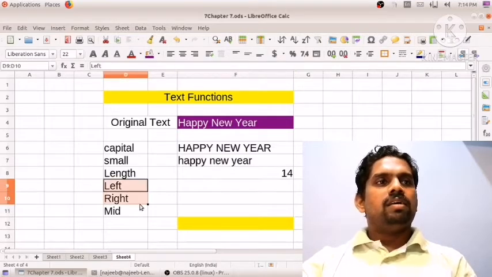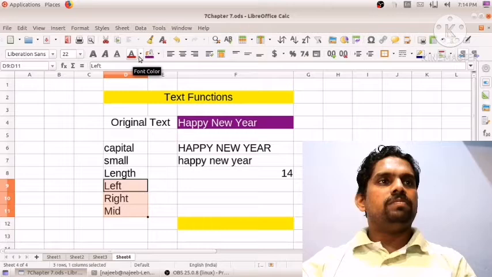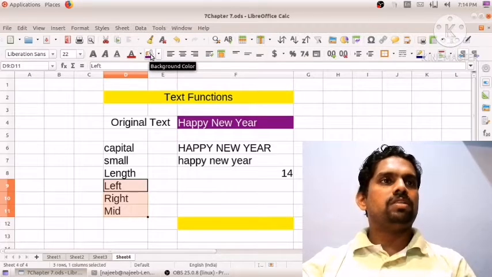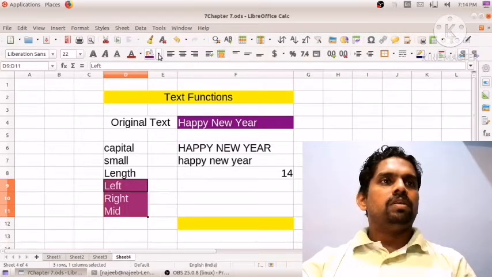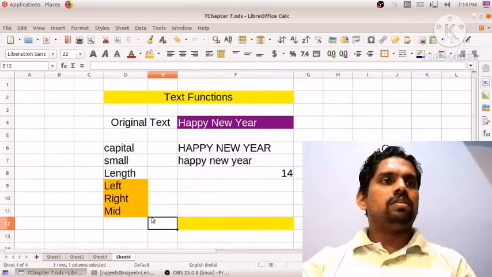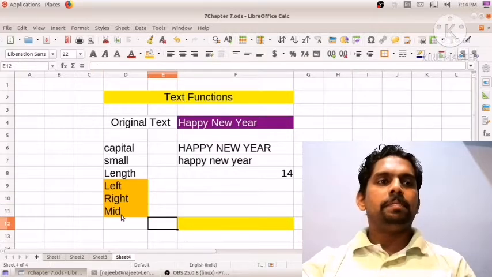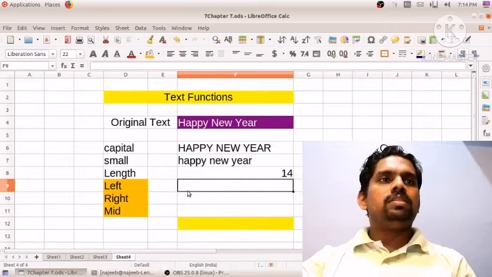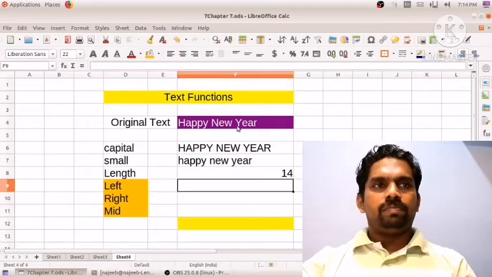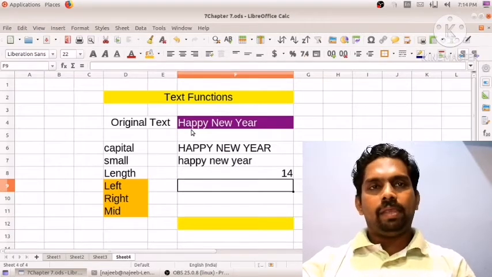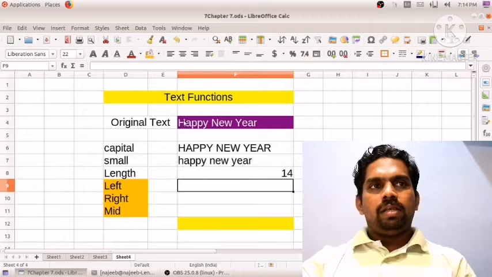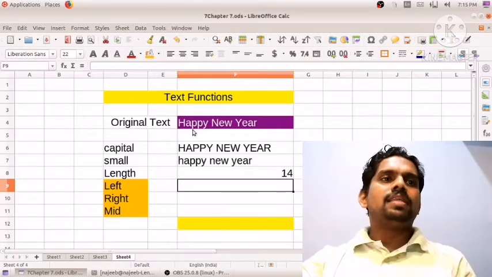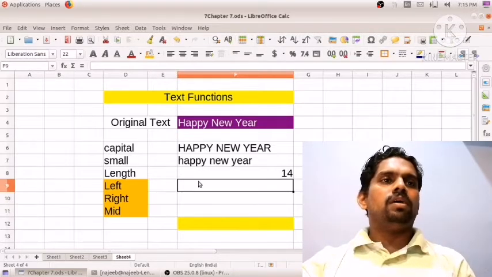Next, 3 other functions are there. What are the functions? You see, 3 other functions: left, right, middle. So in this text Happy New Year, what is the leftmost word? That is Happy. So we can extract this left word, with a given number of letters.